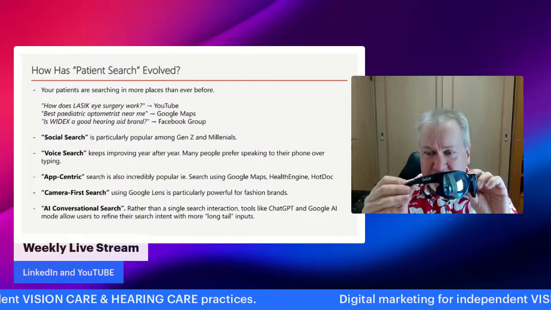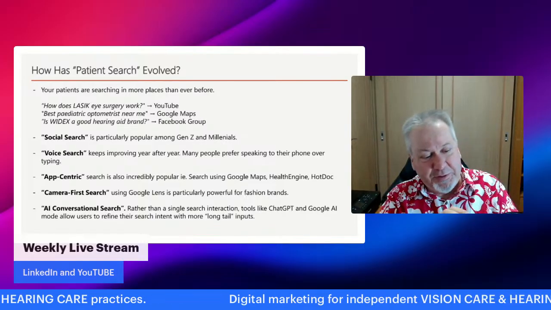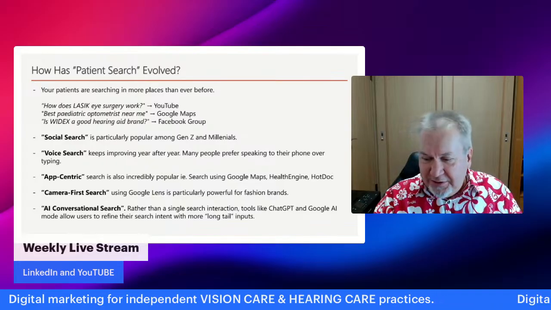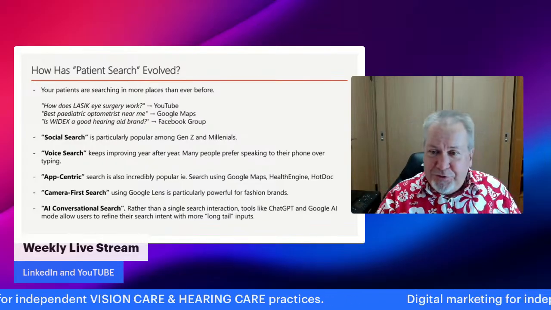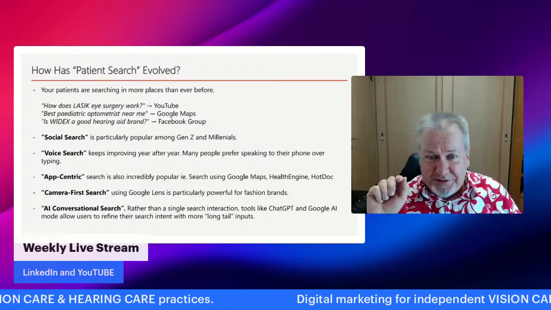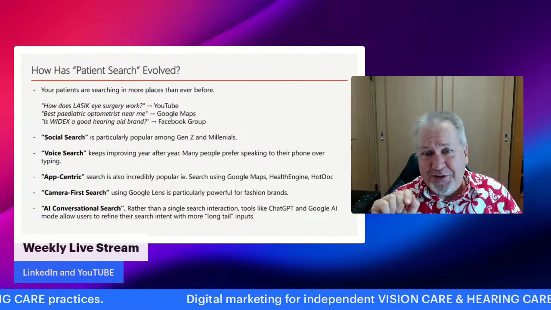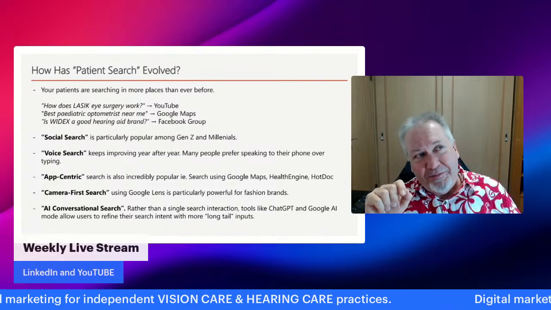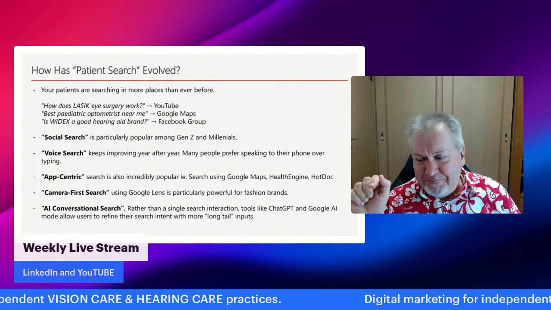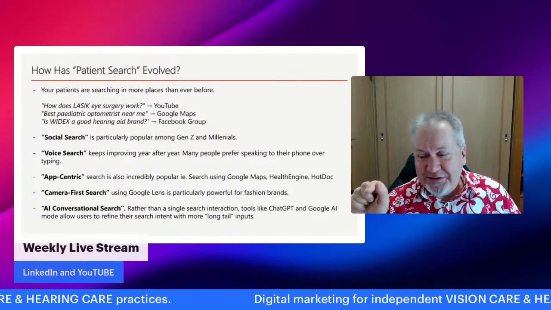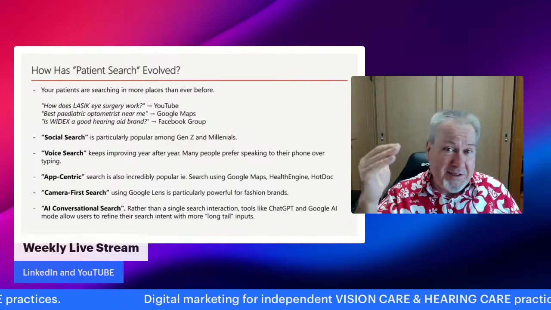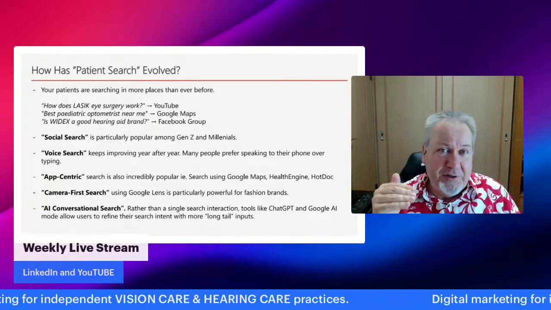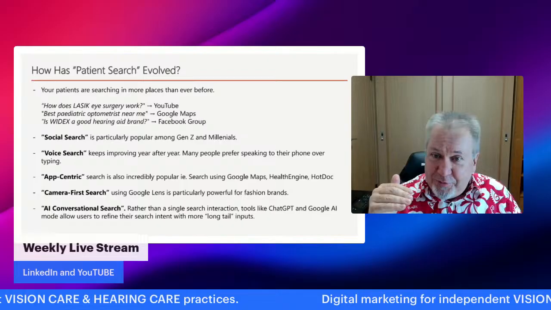Just to give you an example, yesterday I used Google Lens on my phone. I pointed at these sunglasses which I own. I picked these up last year. They're a pair of Bollé Air Drifts, and so I pointed the Google Lens at that and searched, and sure enough, it told me that's what they are. And this is where it gets interesting. I said, okay, so where could I buy these frames in inner West Brisbane? And it gave me a short list of places, including a few local optometry practices.